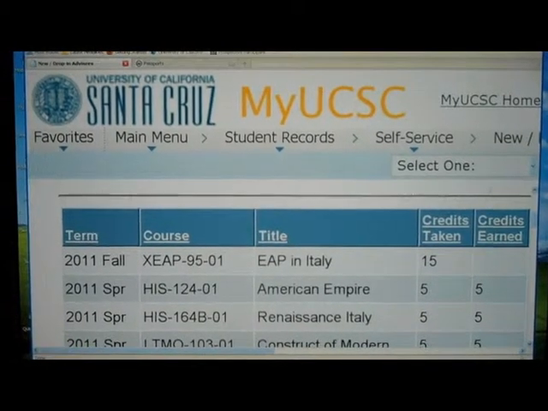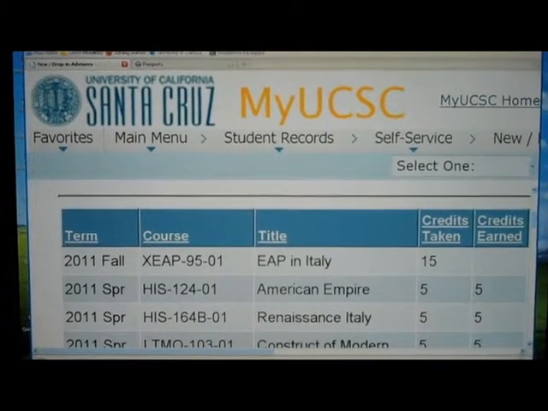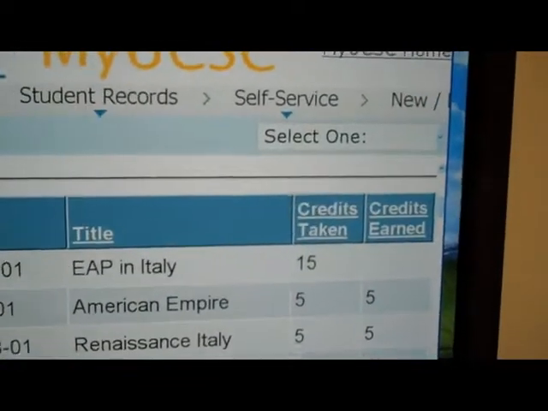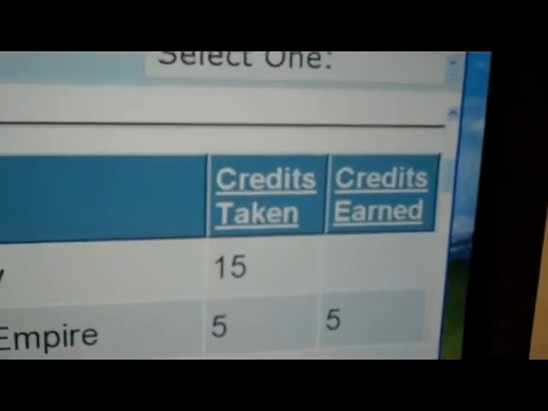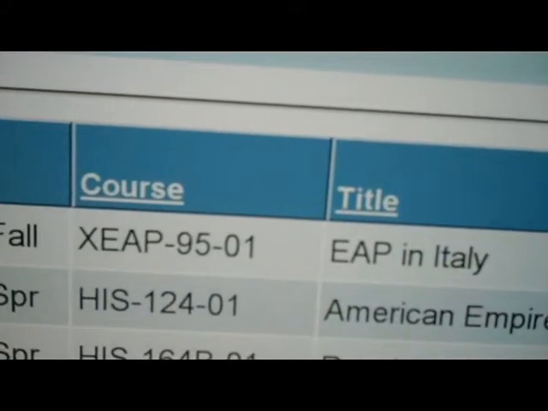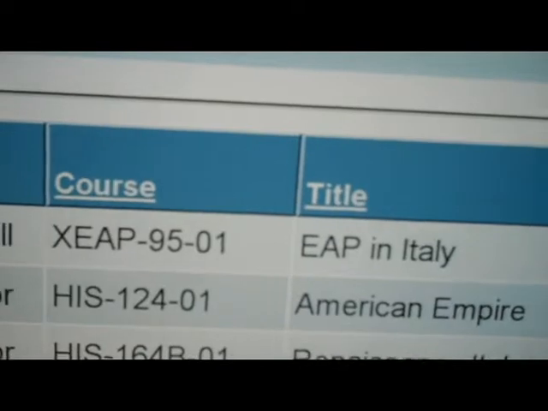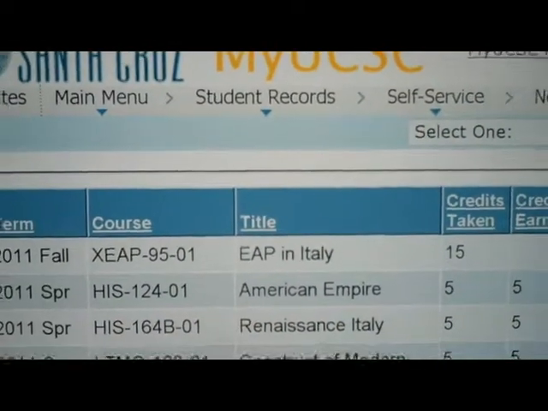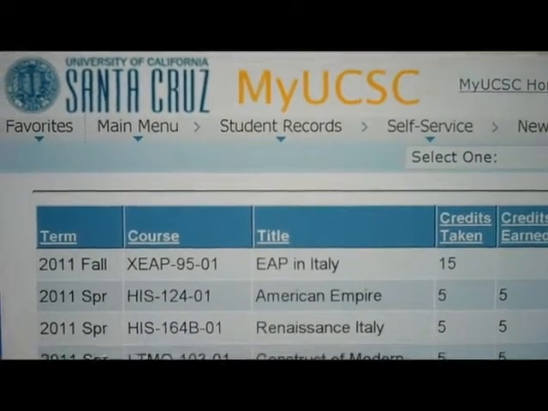You will soon be enrolled in an EAP placeholder course for the term you will be abroad. The course is listed as 15 credits, pass no pass. This course shows anyone who looks at your portal that you are abroad, but that you are still a UCSC student. Later on, the EAP placeholder course will be replaced by your actual EAP courses, credits, and letter grades.